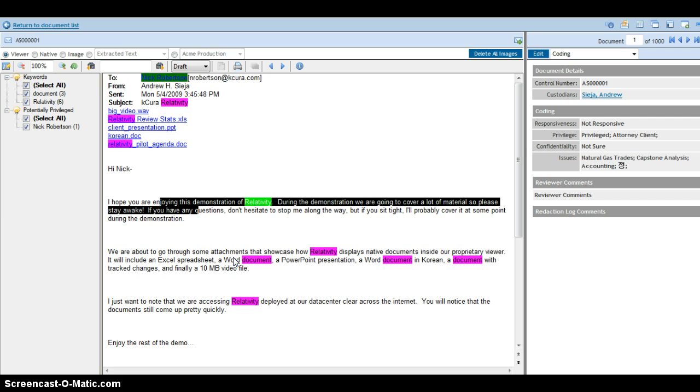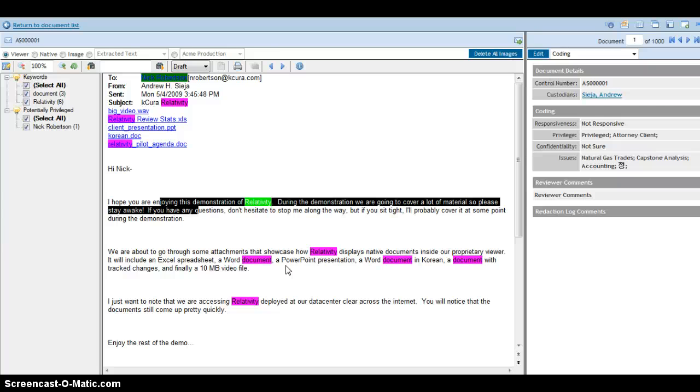You'll also note that the terms relativity and document are already highlighted for us. This is a concept referred to as persistent highlighting. What this allows me to do is at any point in the review process, feed Relativity a list of terms, maybe it's a list of potentially privileged words or key players in the case, have them keyed out to the reviewers regardless of whether or not this is actual